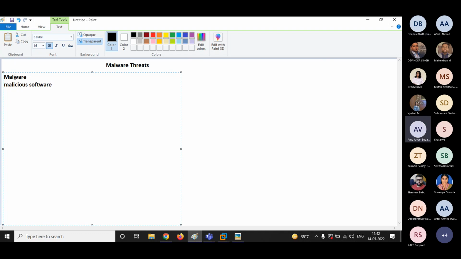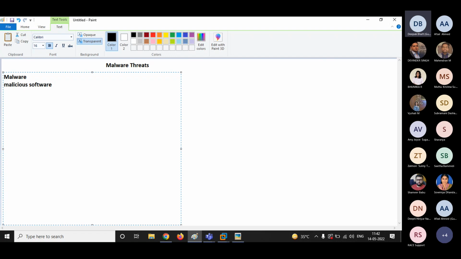See, malware stands for malicious software. It's a malicious software that damages or disables a computer system and gives limited or full control of that system to the attacker. Again repeating, malware stands for malicious software that damages or disables the computer system and gives limited or full control of the system to the attacker.